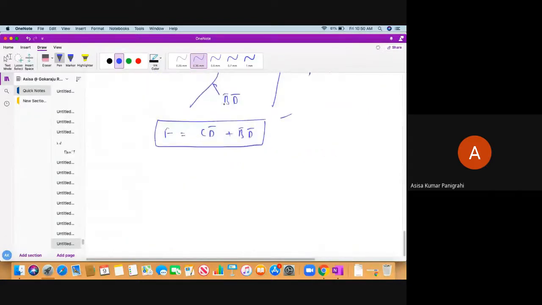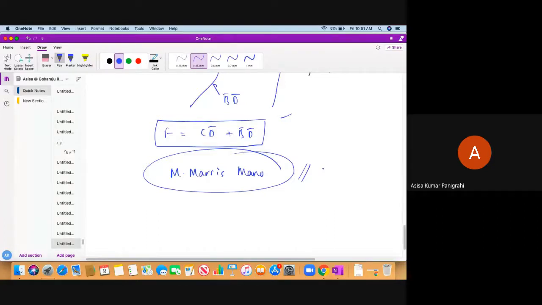The book name is M. Morris Mano. So this is the book, just practice it. I will share with you all these notes which I have, and we already have videos. You can go through them and practice, students. Otherwise you will not get the marks, I am telling you, because there are many varieties of problems in this M. Morris Mano book.